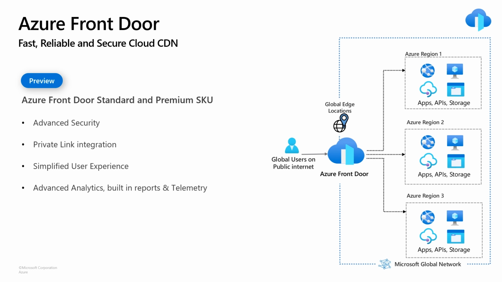A key feature I like to highlight is the private link integration. With the private link integration, the origin servers could be kept completely private. While the front door is exposing the endpoint to the internet, it can terminate the SSL traffic or HTTPS traffic right there and then connect privately to the origin servers. So by keeping the origin servers completely private, customers can now avoid any kind of DDoS attacks or internet-based attacks directly onto the origin servers.